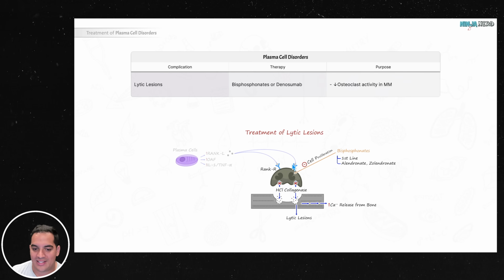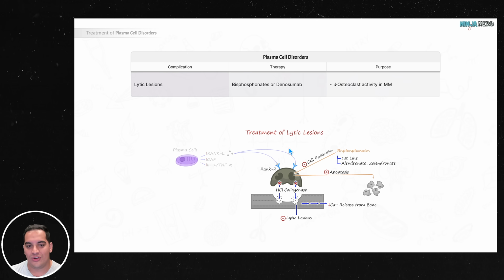If you inhibit these cells from proliferating, you lose the ability of these cells to release hydrochloric acid and collagenase. That leads to less lytic lesions. That leads to less calcium release from the bone. Also, it kills these cells. It puts them into an apoptotic pathway. So you have less of them. In addition to not only killing them, you're also triggering some of them to undergo that apoptosis process. So you're inhibiting them from proliferating, you're killing them, you're really going to drop down this lytic lesion